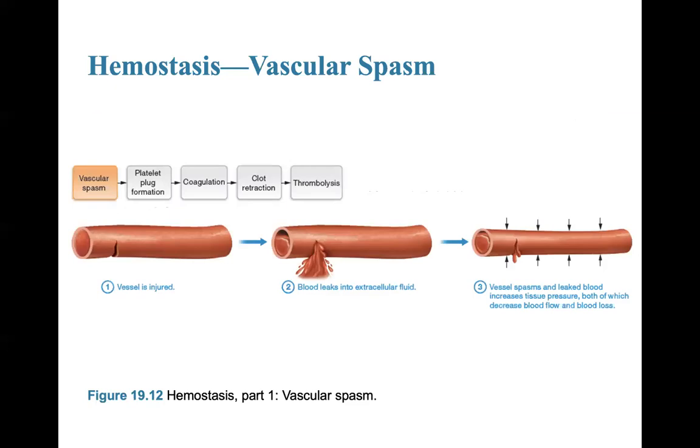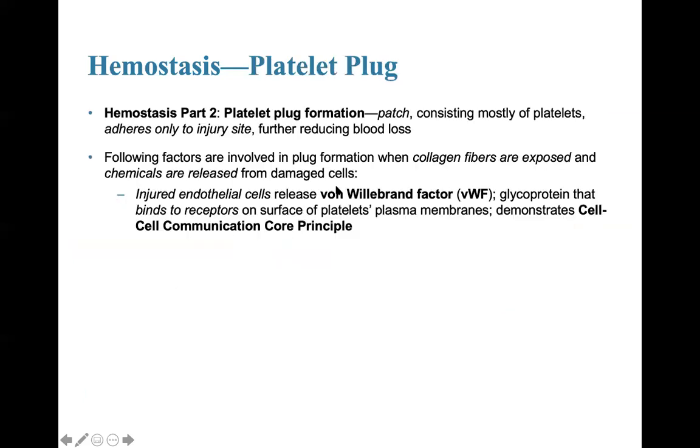So here in the picture, you can see if you have an injured blood vessel, by constricting it, you're going to reduce the amount of blood loss that's going to occur. In part 2, this is the platelet plug formation. This is essentially what we call a patch. It consists mostly of platelets, and these platelets will adhere only to the injured site, and this will further reduce blood